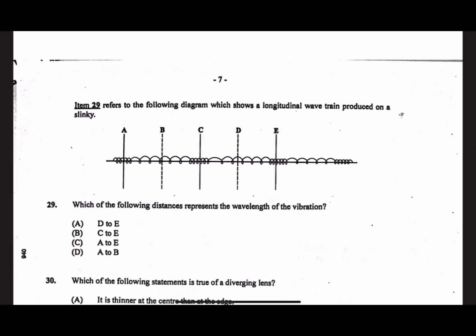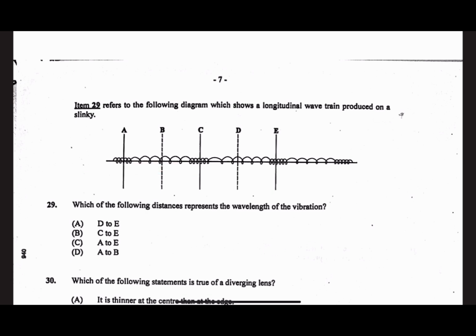So item 29 refers to the following diagram, which shows a longitudinal wave train produced on a slinky. So notice they're talking about a longitudinal wave train. So this is a longitudinal wave. Now longitudinal waves have compressions and rarefactions. So this over here is an example of compressions, and these over here are examples of rarefactions